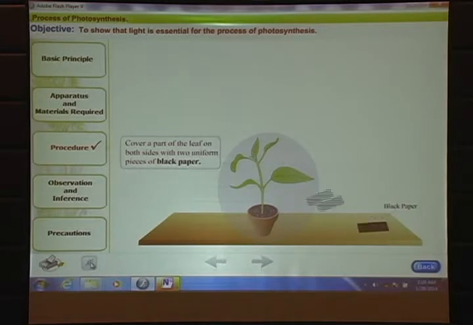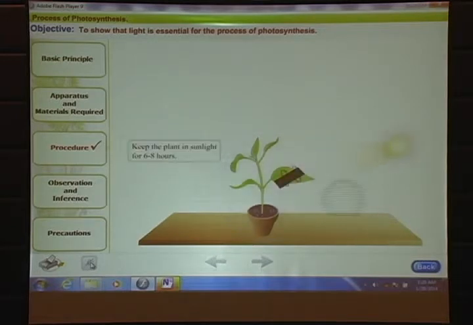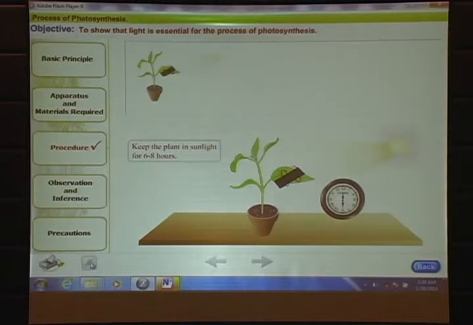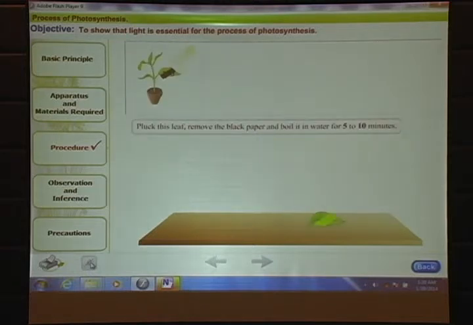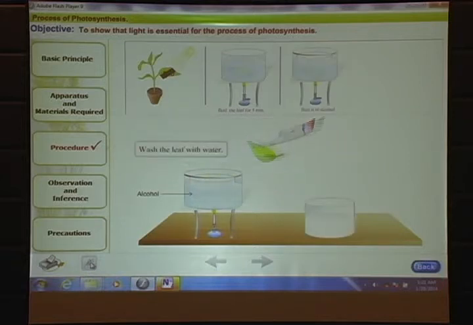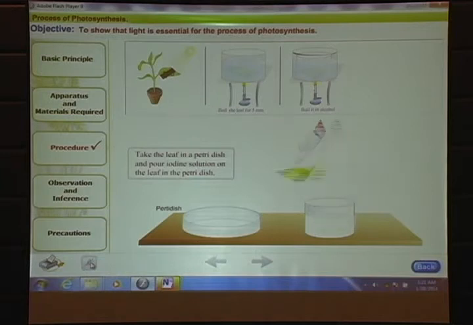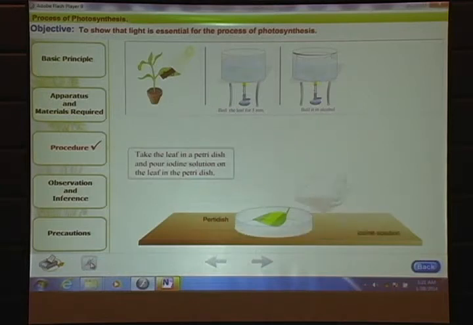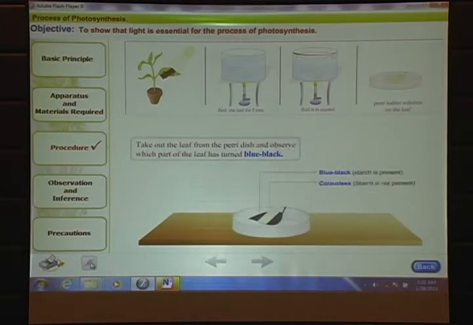You can watch all these steps. So on. So this is what I want to share with you.